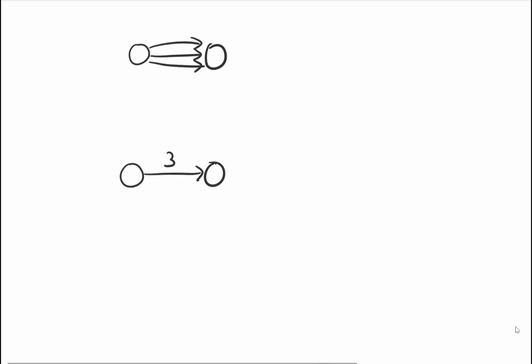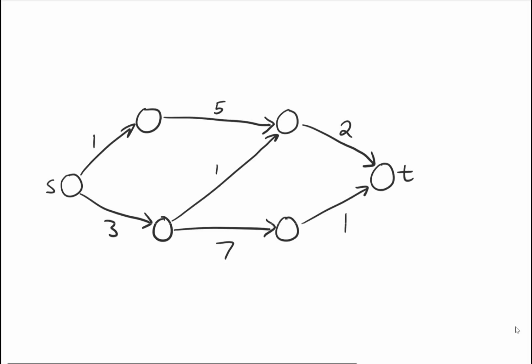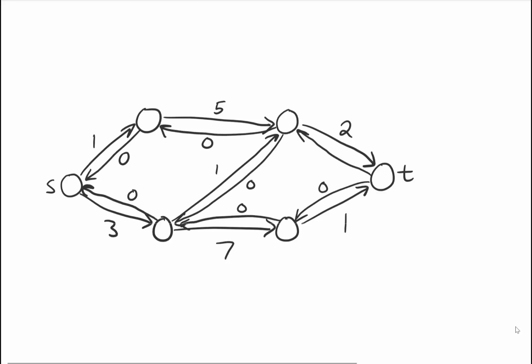So this is just labeling how many edges are going forward. And so we can just draw a whole graph out this way. Instead of having a bunch of edges, we just keep a number of the edges going in that direction. And yeah, so we could have a graph like this, and instead of having a bunch of edges, it's got these numbers. And so how do we handle edge reversals? Well, we just put another edge in the opposite direction that tells you how many edges are going in that direction. And so initially they're all 0, so it doesn't really matter.